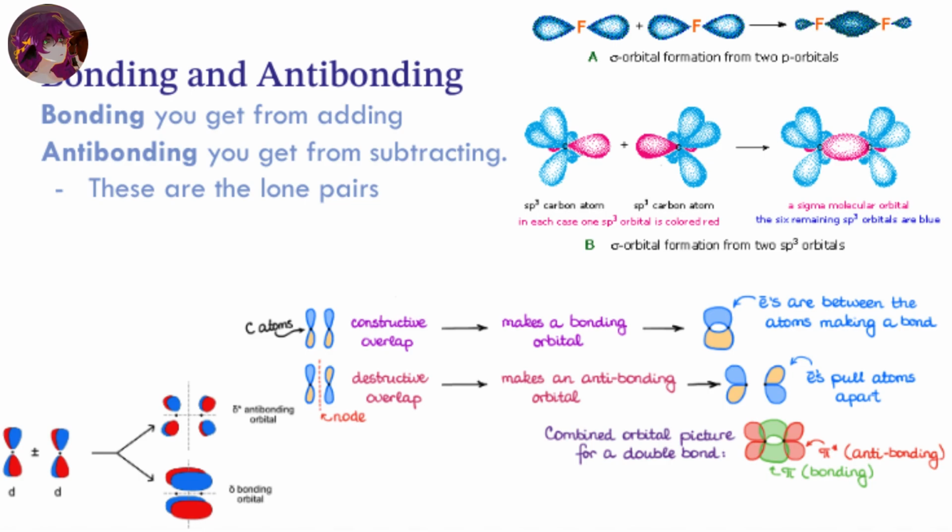So first, let's start off with something that we have already learned about: bonding and anti-bonding. This is where you meet the little funny shapes from what you already know from hybridization. Bonding you get from adding, and anti-bonding you get from subtracting the bonds. And they typically represent the lone pairs. Here, right under that, you get the d orbitals, and you can see how when you